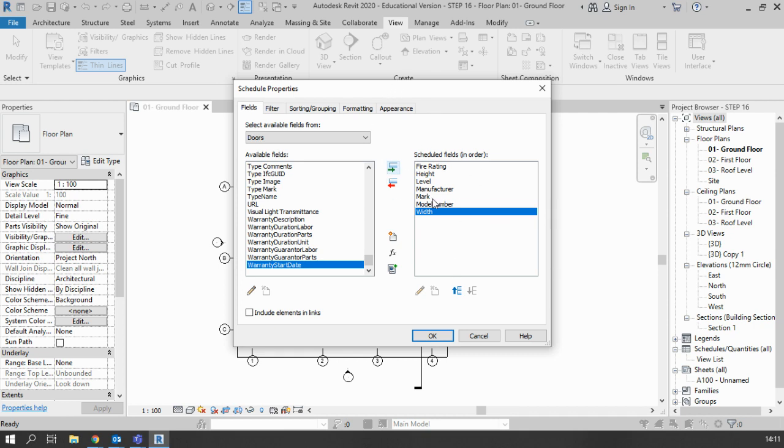Okay, so once you've added the fields in, you can add more in if you want and have a play about with it. And later on, I'll show you where all this information is coming from. You can organize the order in which this goes, so you can pick and choose the order. So I might start with the number, and then I might go down to the level where it's at, and then I might start off with the width, the height, manufacturer, and model number. Whatever way you want to organize it, it's up to you. After that, if you click OK,